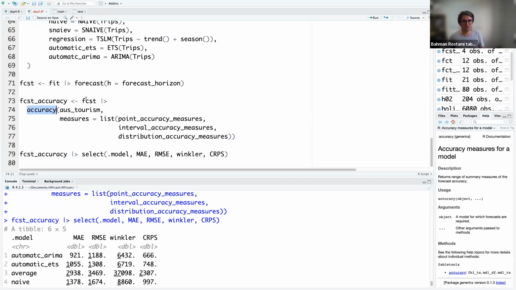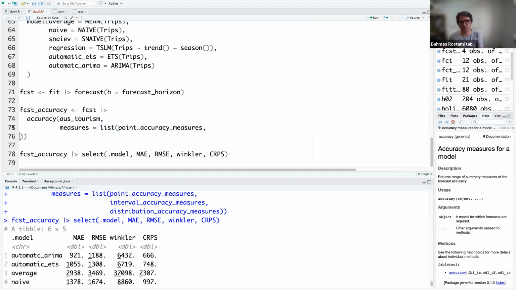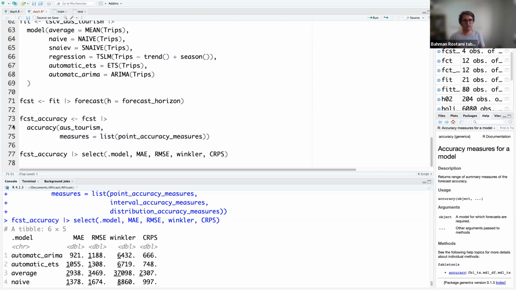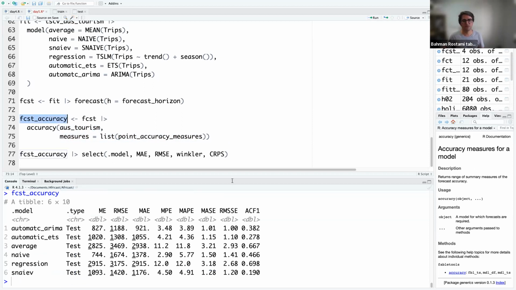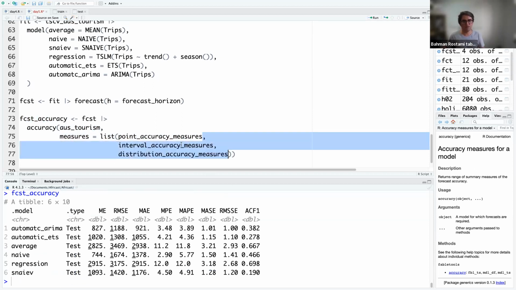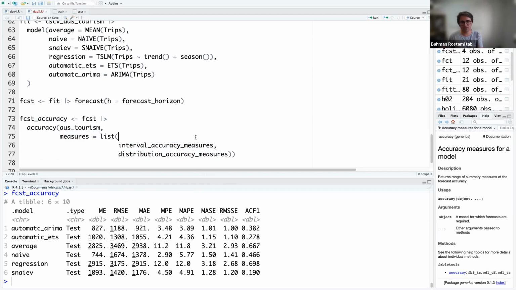So this is one important thing that you need to remember in terms of how we do it. We need just the accuracy function that takes the fable as input, and then the entire data that we have, as a second argument. Following that, you provide measures, and here we can include all measures, including point, interval, and distribution. If you want just to include one of them, you can also do it. If you are interested only in point forecast, then it will calculate only point forecast. So there is no prediction interval. If you are interested in the prediction interval only,